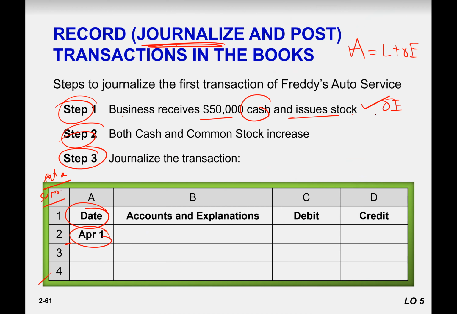And which owner's equity account? Common stock, or paid-in capital. The basic thing is, when you issue stock, it is common stock, right? So you specify cash and common stock. So what happened to cash and common stock? The business received cash and the business issued common stock. So common stock is increased, cash is also increased. That's why both are increased. Now you find out what increase means. Cash belongs to assets, and an asset increase,